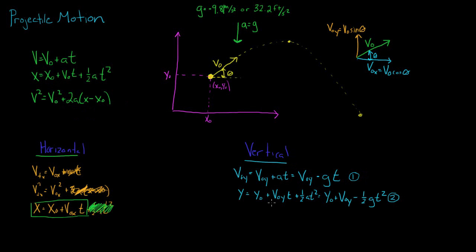And our third equation will be the final velocity in the y direction squared is equal to the initial velocity in the y direction squared plus 2 times the acceleration times the final y position minus the initial y position. And if we simplify this, we get the initial velocity in the y direction squared minus 2 times gravity times the final y position minus the initial y position. These right here